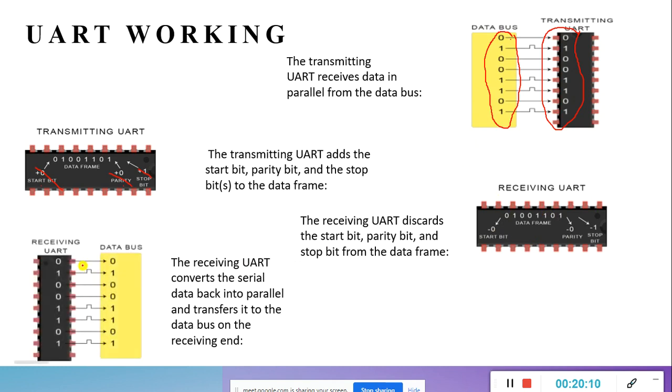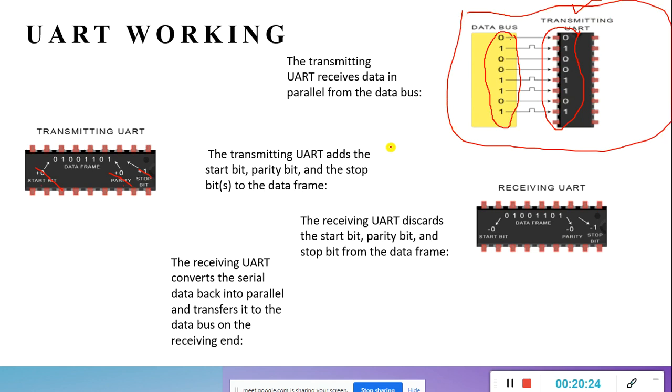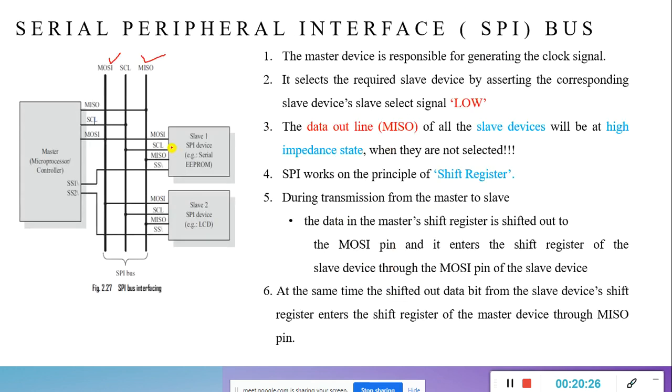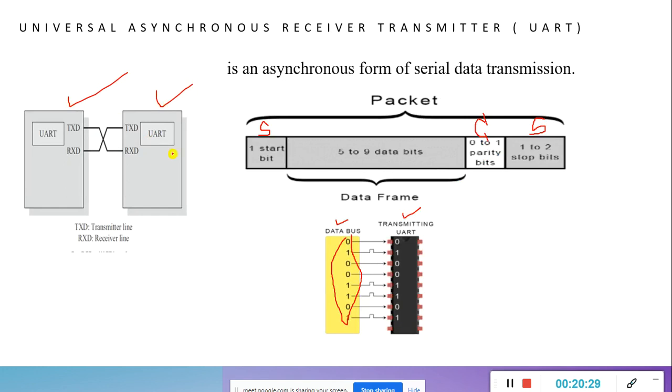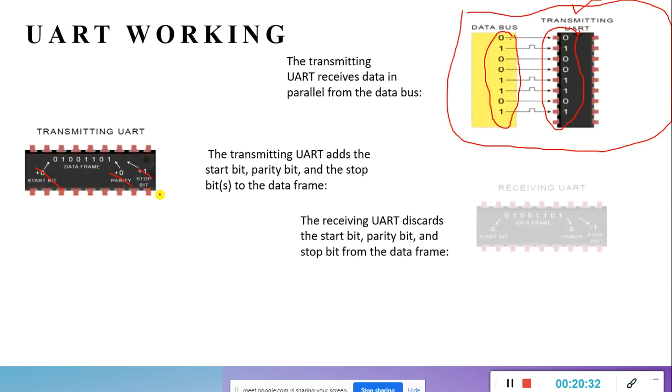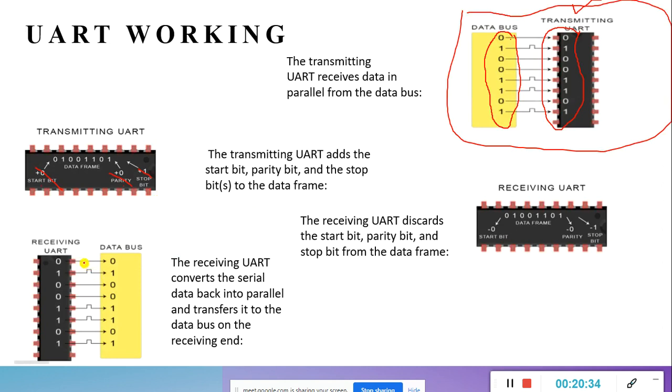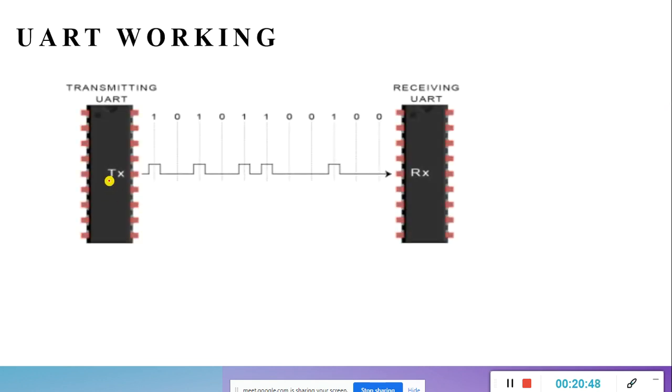Okay. Upon receiving, once again, see here, this is the transmitter and this is the receiving end. This is the transmitter from one hardware. Assume this is a transmitter and this is receiver. The vice versa is also possible, no worries. So once again the data is received from the receiving end to the slave device in the form of parallel, but we say that it is serial. Why is it? See here, while transmitting